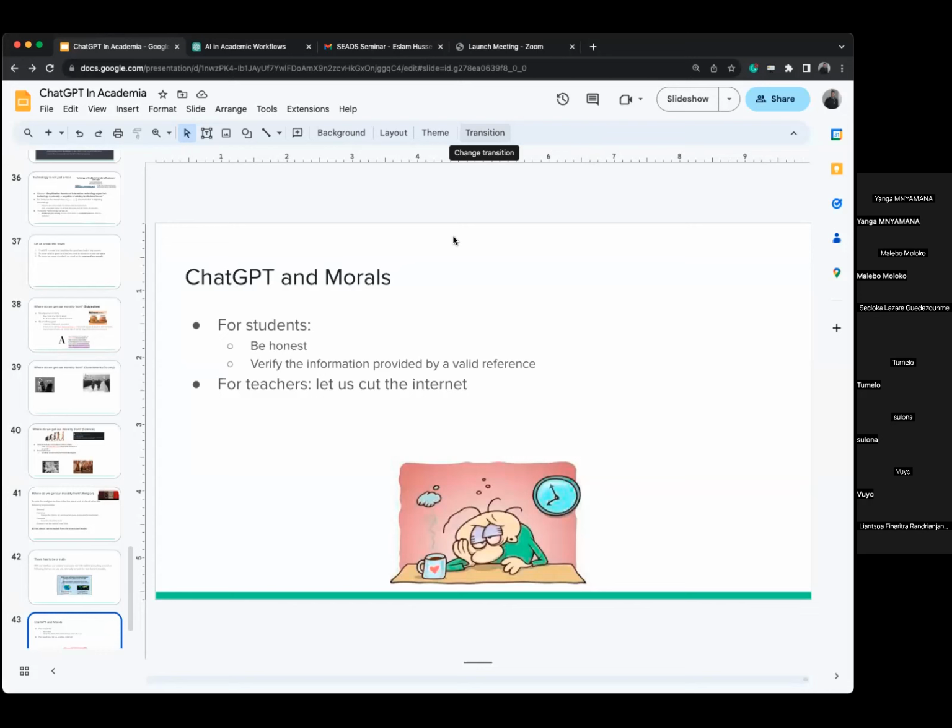But I'm not aware of any tool yet that can actually detect whether someone uses ChatGPT or not. E-learning, the Canva people, SEADS, they implemented something to detect whether a person uses ChatGPT or not. Okay. But I haven't tried it yet.